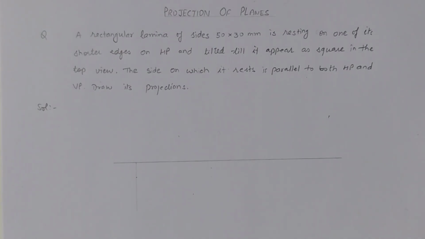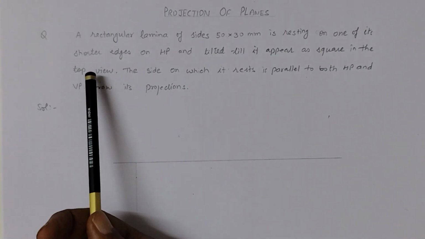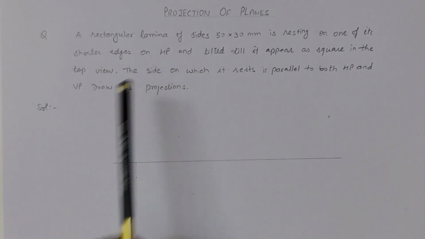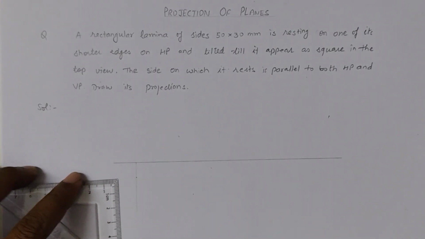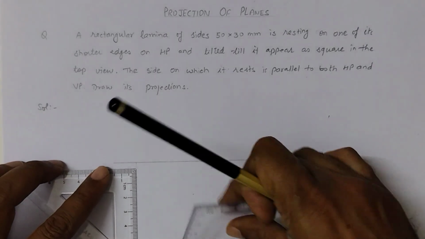Welcome all. Today the topic of projection of plane, I will discuss with you the case of a rectangular lamina. So the size is given as 50 into 30 and the lamina is having its shorter edge on HP. So first of all we will start with the top view. Use the set square to draw the projector lines